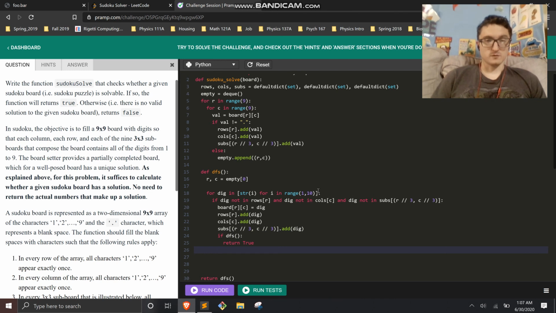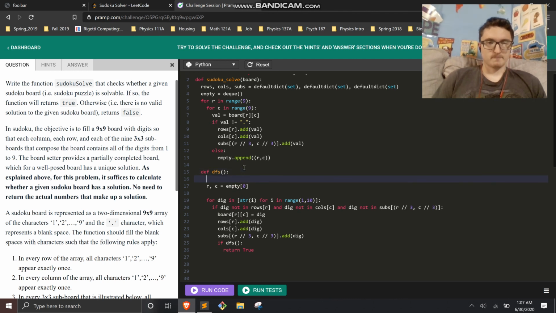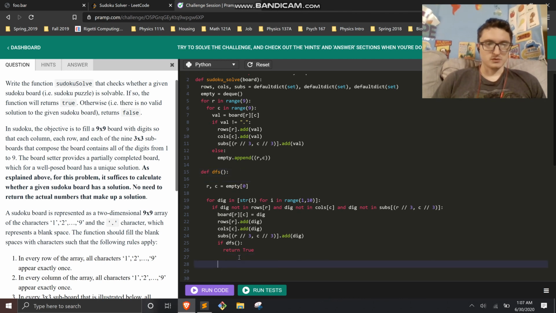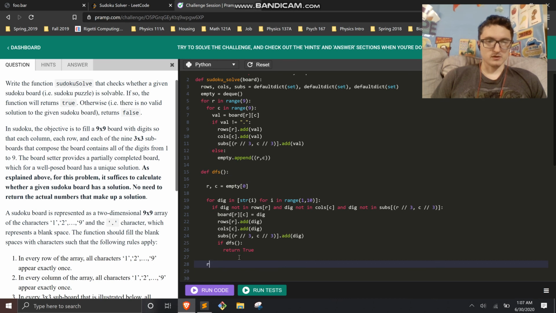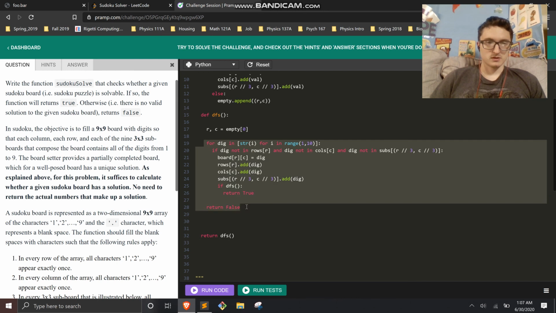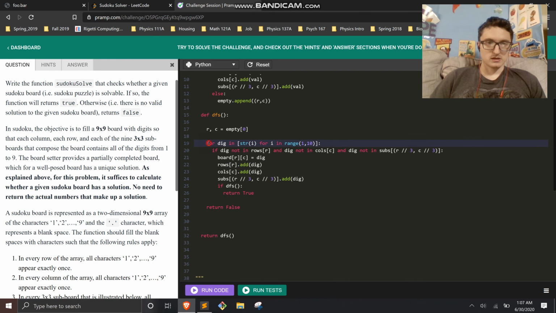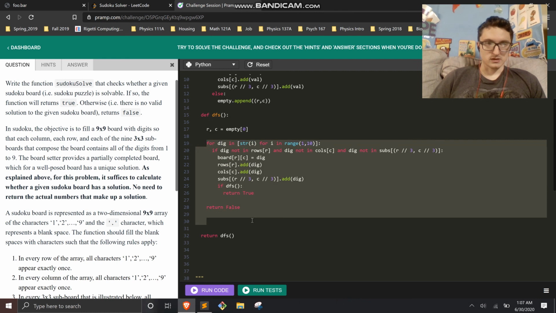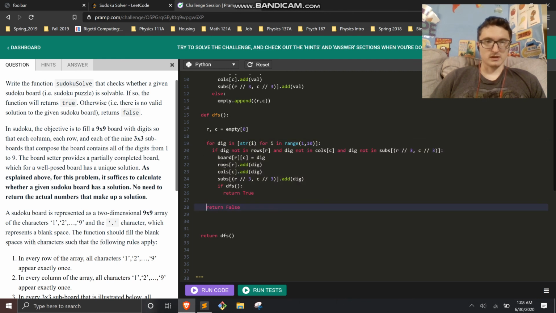Return true if DFS returns true. If DFS returns false, okay, when do we return false? Let's say we return false whenever we go through this entire for loop, and we can't put it, it's already in these hash